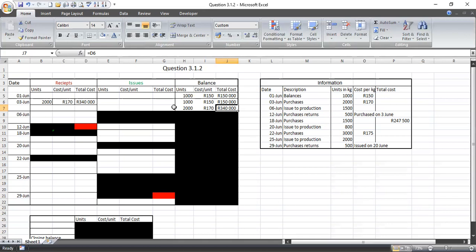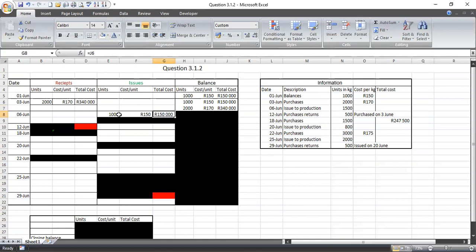So meaning that the first inventory that was bought is the first inventory that is going to be issued to the production department. From our balance, it is in order already that the first units that we purchased were 1,000, followed by 2,000 units. So the first units that are going to be issued are these 1,000 units. So we go under issues, we actually issued 1,000 units at a cost per unit of 150 and at a total cost of